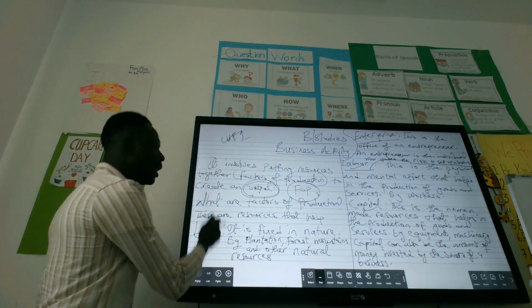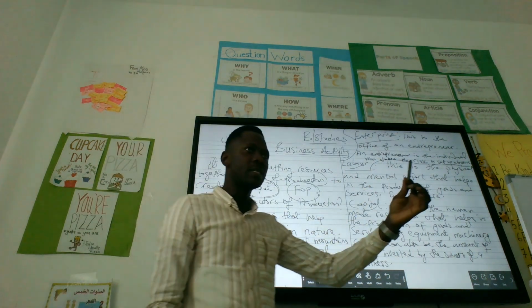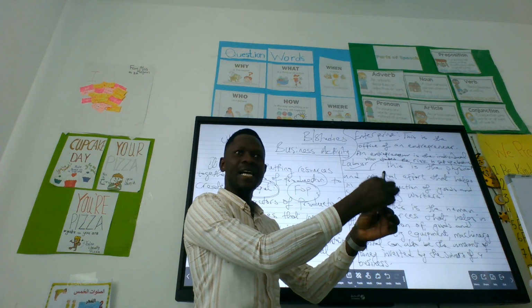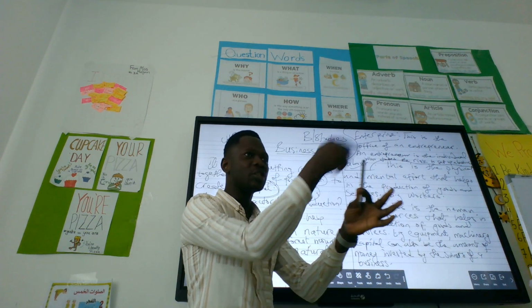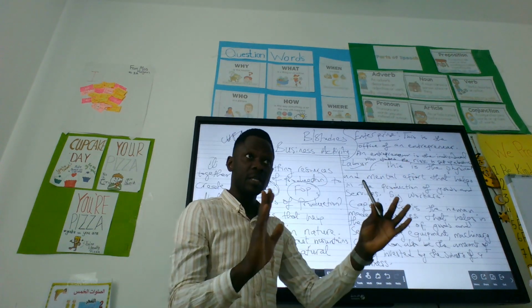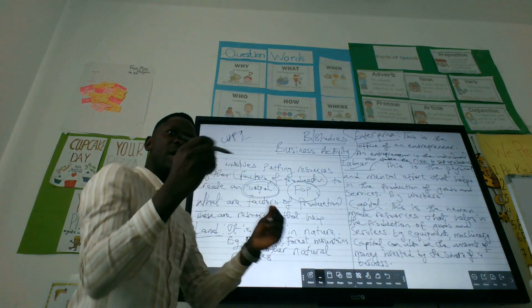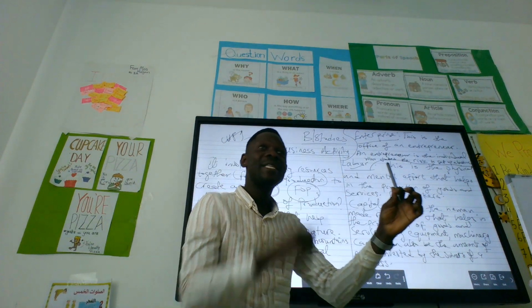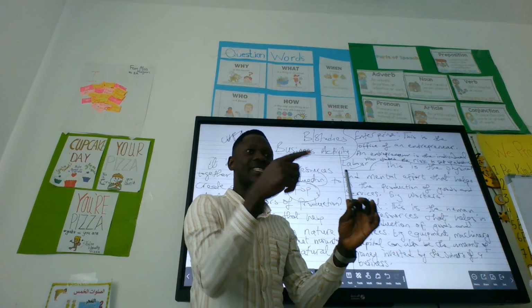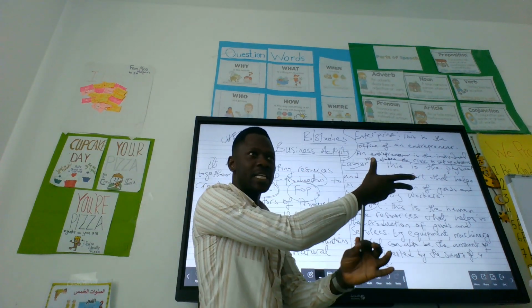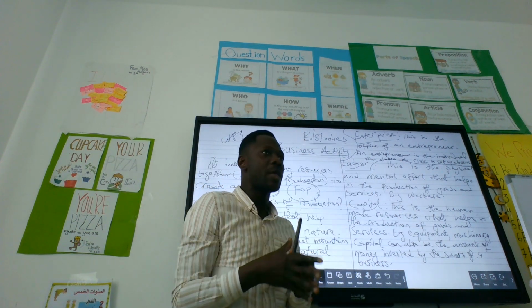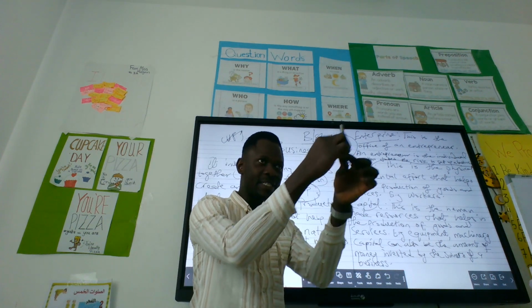So how does it work? Let's check. Land. So this is a pen, right? It is made up of plastic and the rest, yes or no? So that means we need natural resources to have this pen, isn't it? That's the first step. But natural resources will not give us the pen. The pen needs to be converted. The rubber from the plantation, the natural resources have to be converted together to make something sensible like this,